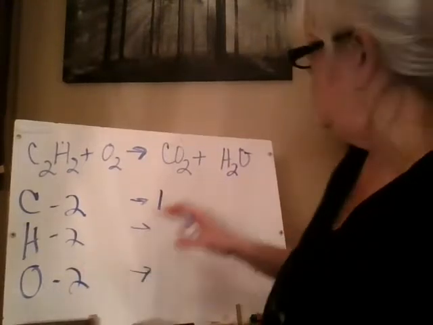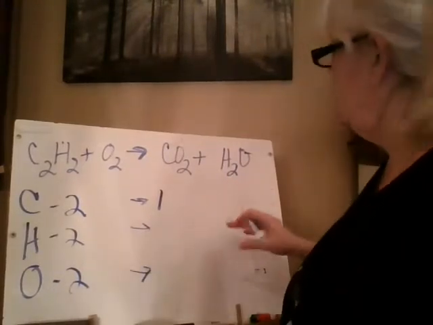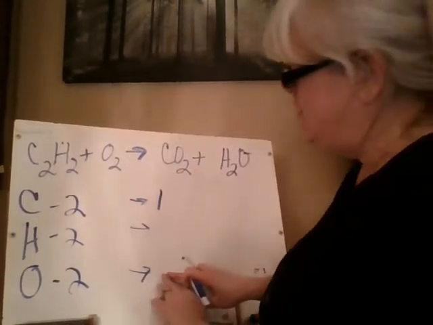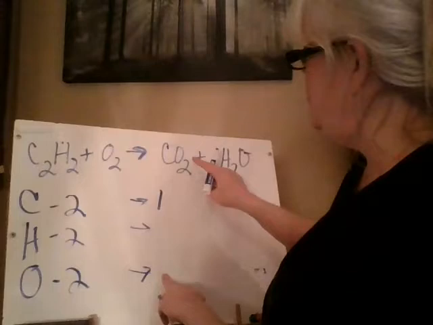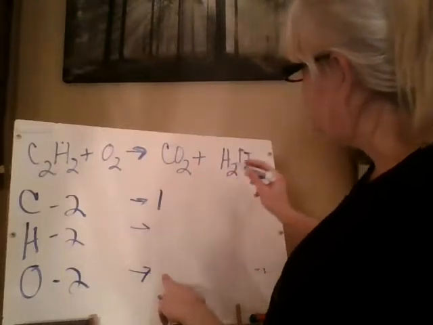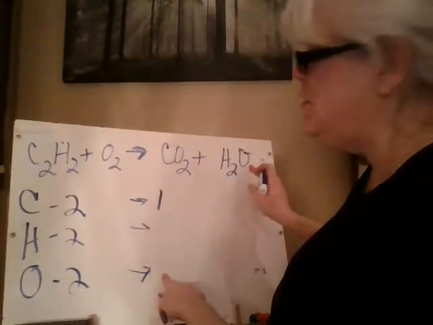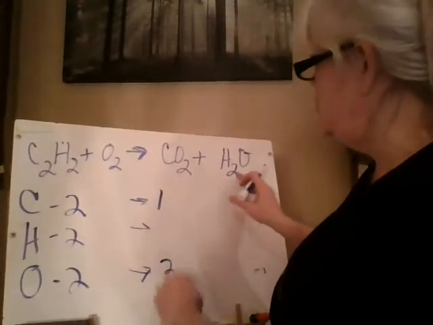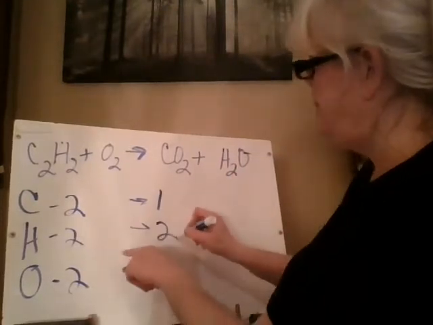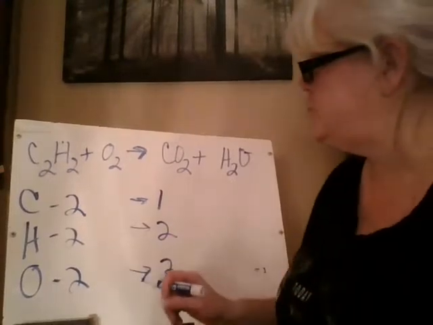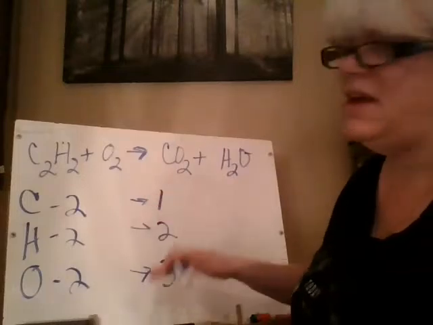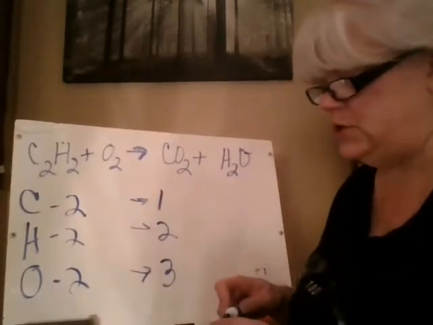Watch what you're doing. I should watch what I'm doing. Okay, so C and the O here is down at the bottom. Now I have 2 O's, but I also have a third one over here, so I need to put a total of 3. And then my hydrogen, which is the middle one, I have 2. Okay, so it looks like my hydrogen is balanced, but the other 2 are not, so we need to fix them,